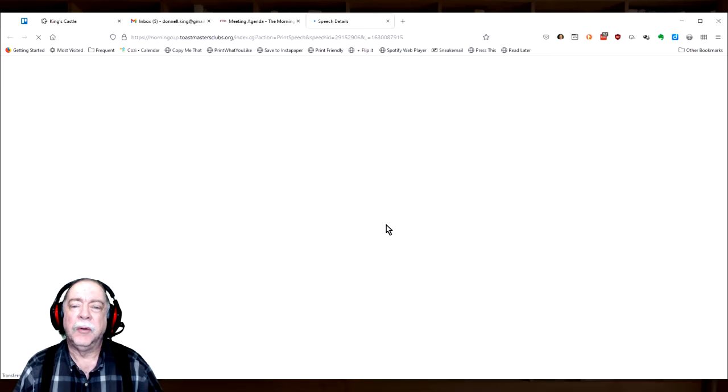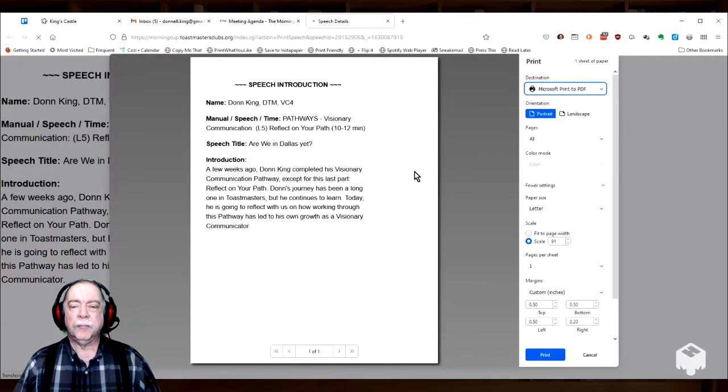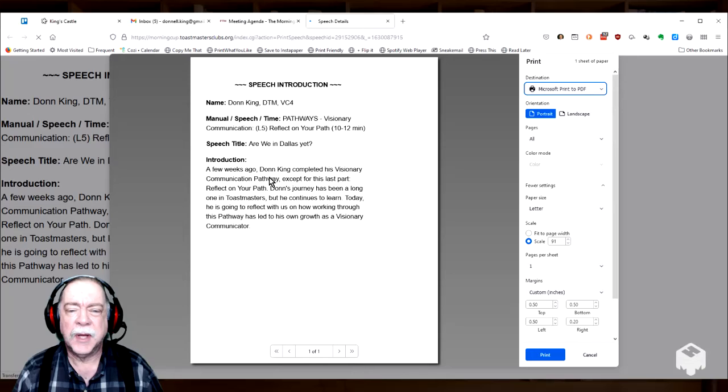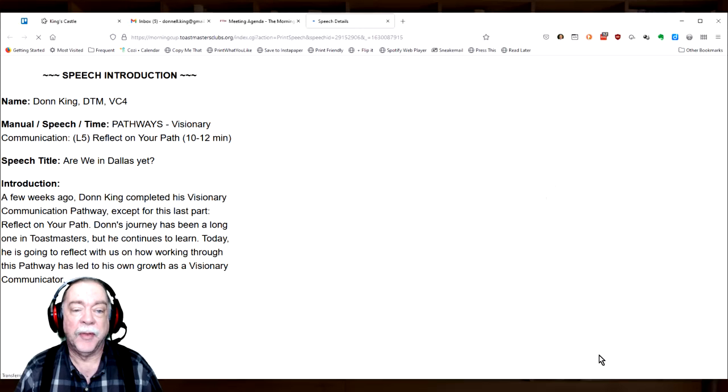And if you click on that, it will immediately go to where you could print it out. But notice that that's nice big type. It's got my name. It's got the length of time for the speech. It has the introduction. I've just got it set up to make a PDF right now. You can also just cancel that, and you've got a separate tab in your browser that has all that information. So you could hit your print key from here.